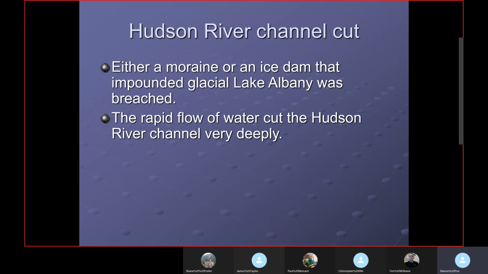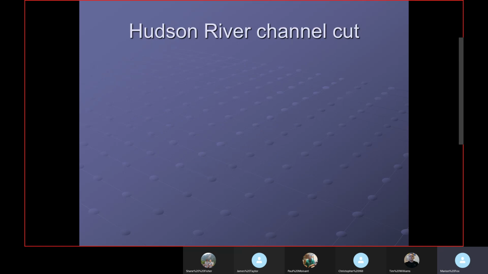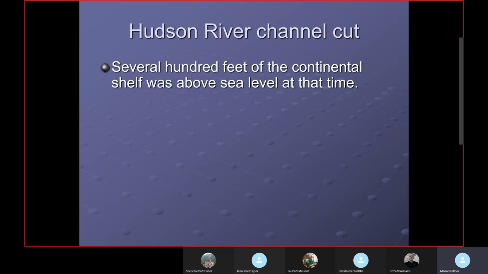And of course, as we've already said here, the river was blocked by moraine. As the glacier moved, it would bulldoze up soil, and as far as it went, there would be a big layer of soil bulldozed up, and that's what a moraine is. It's probably called the Narrows in New York City. Several hundred feet of the continental shelf was above sea level at that time because the ice was still